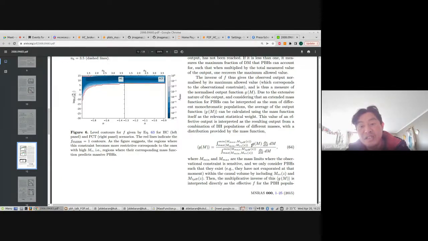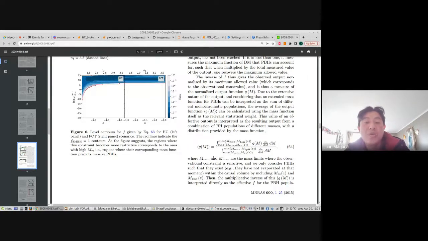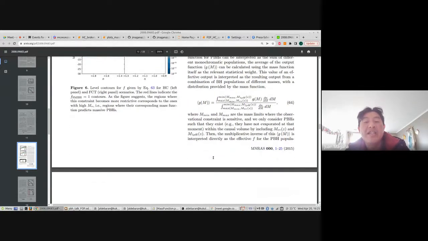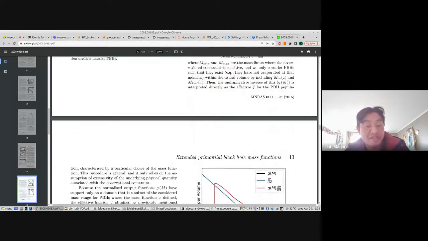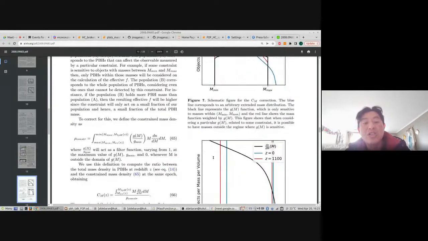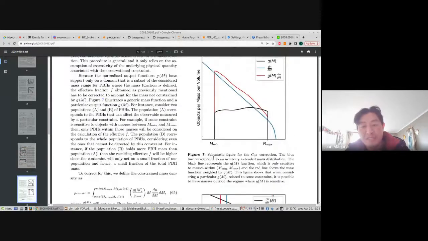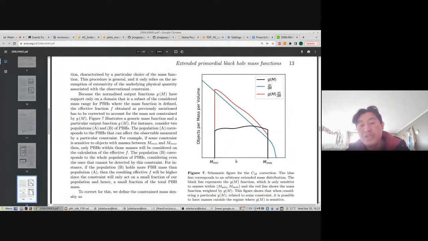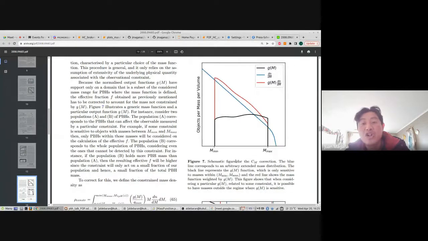And this is a statistical function and output, and this filter function is weighted by the extended mass distribution to obtain a kind of average filter function, which represents physical processes. And also, as mentioned before, we introduce two new corrections, which consider, for example, the objects outside of this output or filter function.